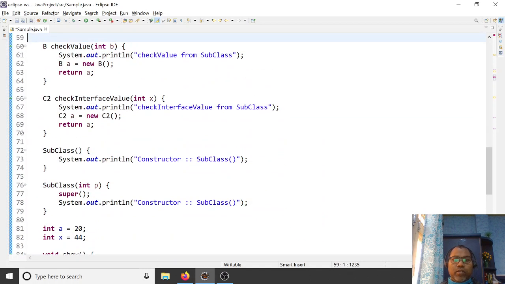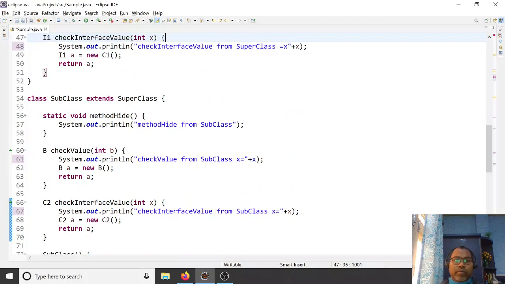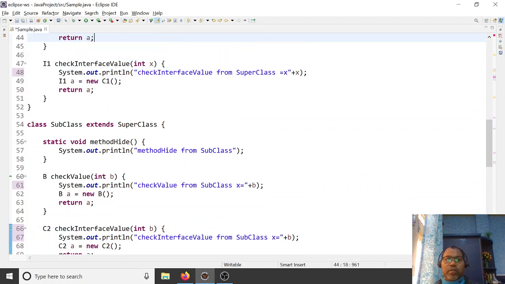You are defining check value x equal to plus x. Here it is the b, so it is not overriding the value.